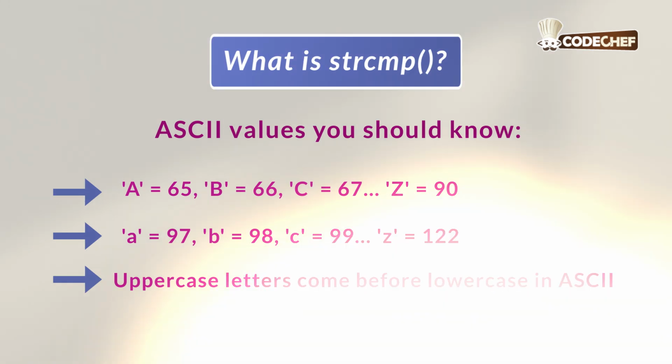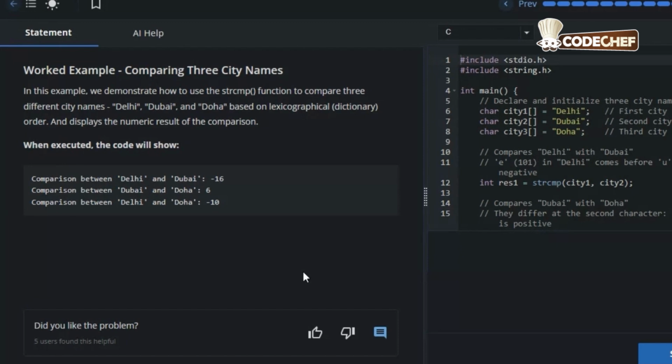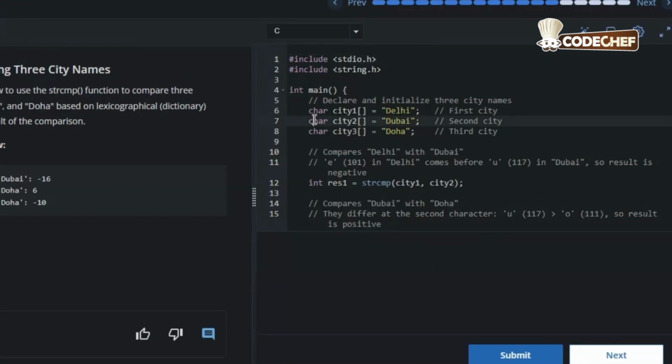Now let's see this in action. Here is an example comparing three city names and understanding all the results. Alright, so here we have already included our standard setup, and here three cities are there, all starting with D: Delhi, Dubai and Doha. First we'll compare Delhi versus Dubai.